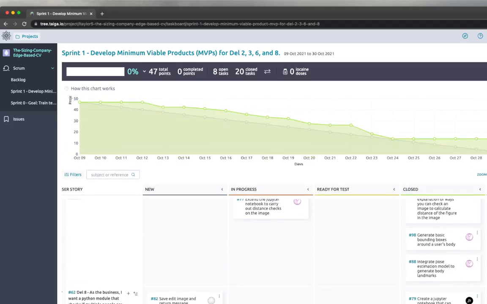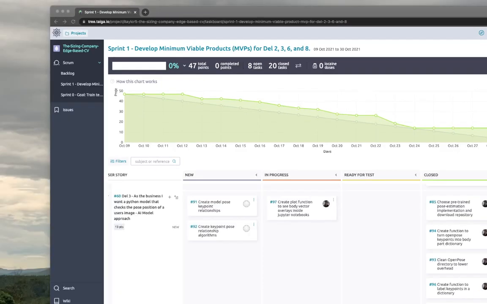While I'm on this chart, I'll just give you a view of our burn down chart, and as we can see, we had a couple of slow starts in the middle area, but we seem to be on track, and our sprint is looking good. I'm just going to pause the video while I move on to the next deliverable. Continuing with our